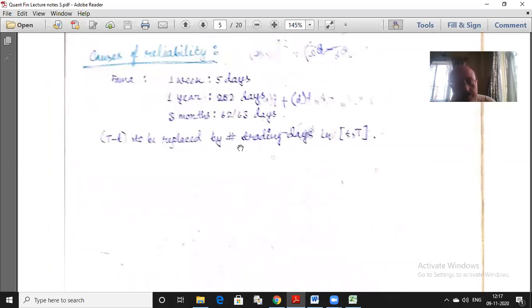So now let me go on to some other issues before I move back to the calculus part. But this issue is a very important practical issue. Fama did a lot of empirical work with stock prices. And he checked that even though we think of a 3-month option contract, which is like 91 days,